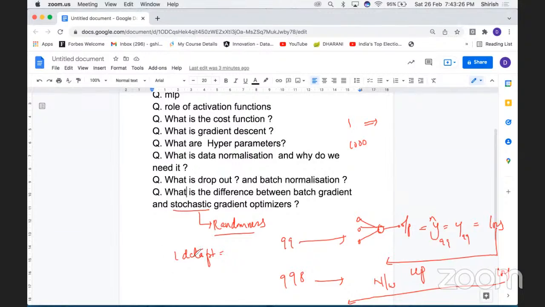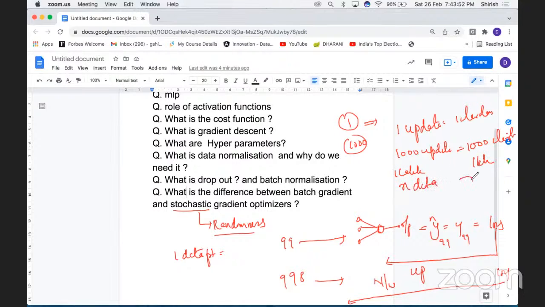So how many times is it updating? One update of weights is one iteration. For each data point, it is updating the weights. So 1000 updates are happening here based on the loss function, which equals 1000 iterations. If you have 1 lakh data points, that is 1 lakh iterations. With N data points, it takes N iterations to update the weights. So it is taking time, right? You are giving better and better training, trying to reduce the overall loss. This is the stochastic gradient optimizer.